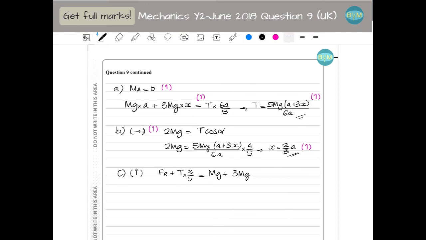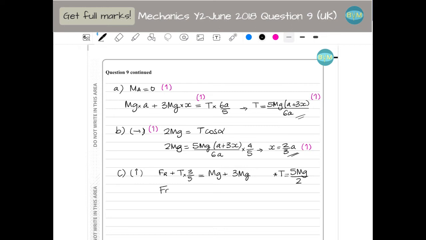Tension is this one. But I know what the value of X is now, so I can find the tension, and the tension is going to be 5 mg, and then I have A plus 2/3 of A times 3 is 2A, so this all together will be 3A, divided by 6A, I just have 2. Yeah, I can simplify. So this is my tension, and if I substitute the tension here and I find the friction,